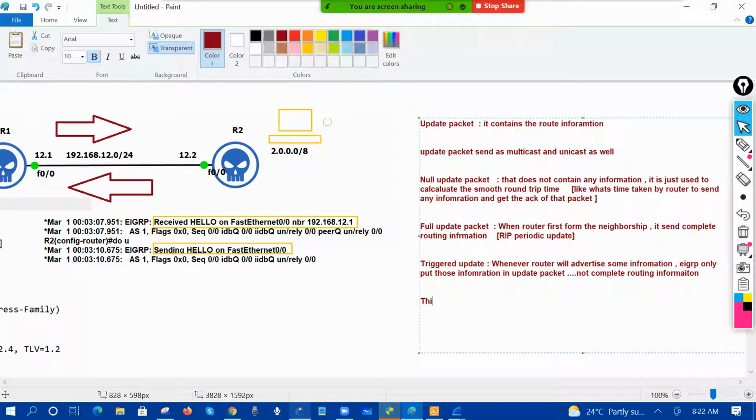And this update packet is a reliable packet. Who provides the reliability? The RTP protocol provides reliability to EIGRP packets. RTP, Reliable Transport Protocol,